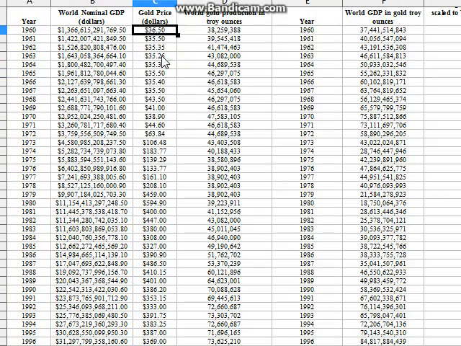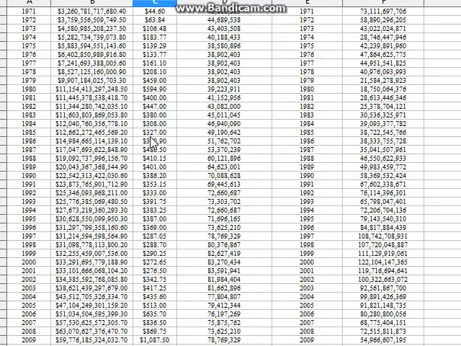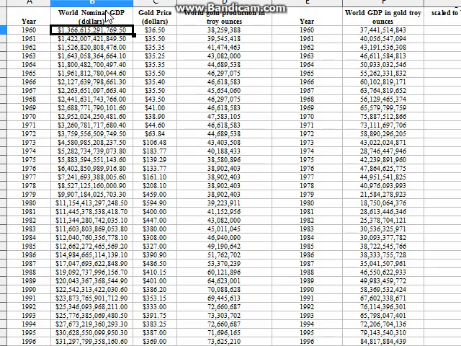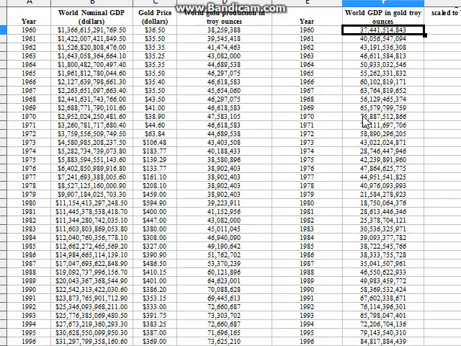All right, so this shows you how much the dollar has depreciated. So you basically divide the nominal GDP in dollars by the dollar price of gold to get the world GDP as measured in gold troy ounces here. So we have that. This here is basically our commodity capital that's being produced each year in the world, as measured in a real commodity money.